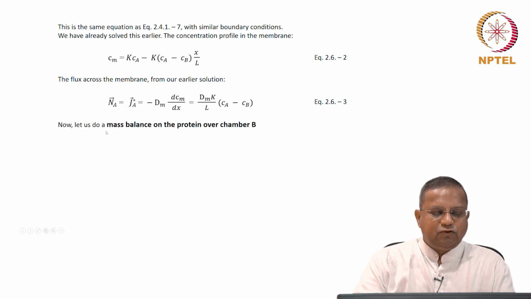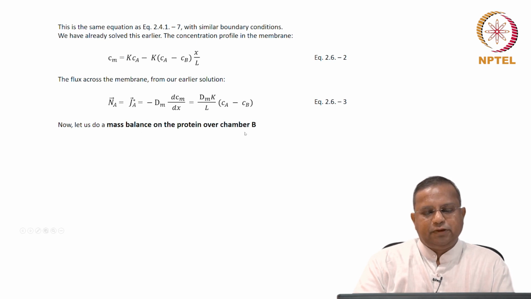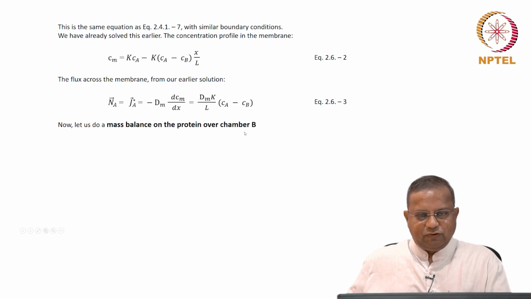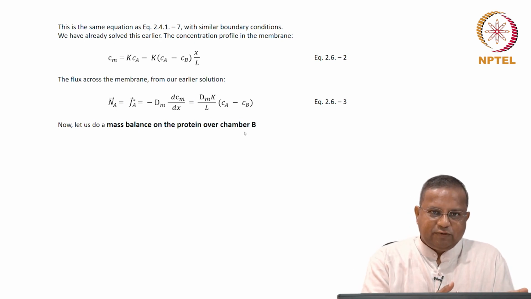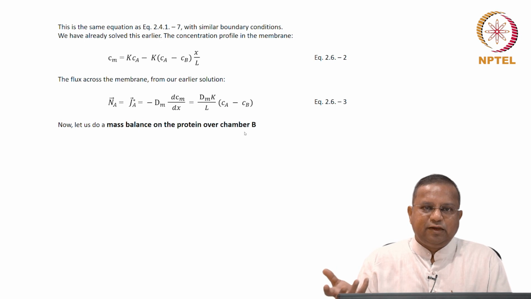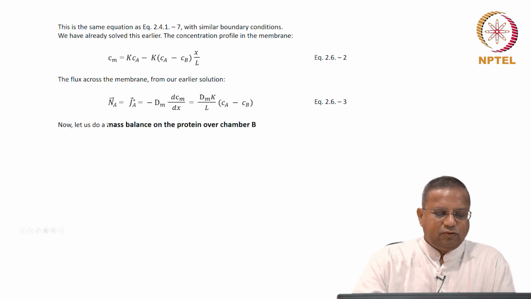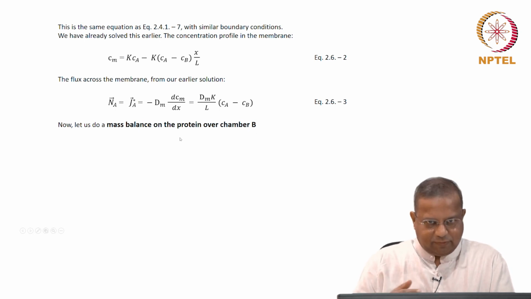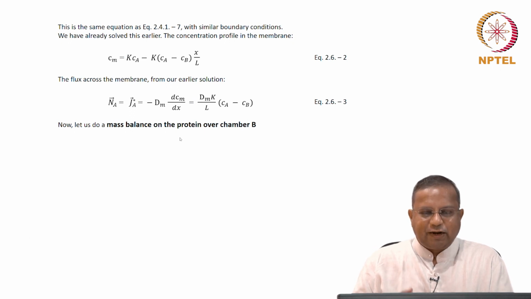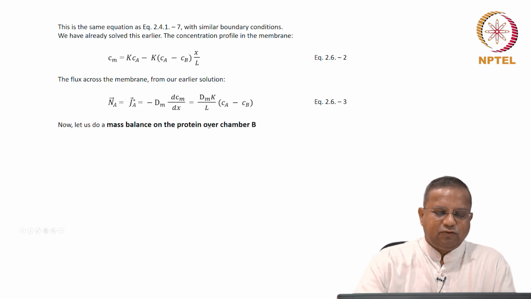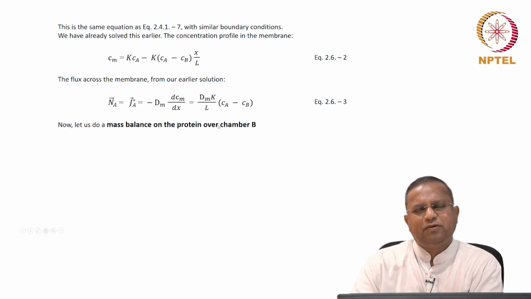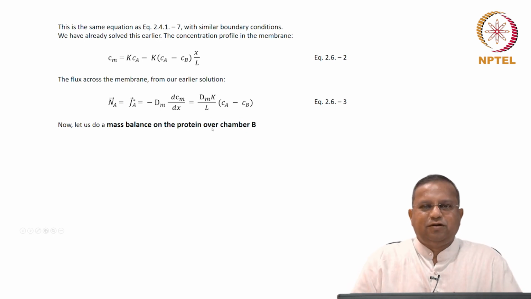Now, let us do a mass balance on the protein over chamber B. This is a solution strategy. We are still in the solution. How do we actually get the permeability of the coating, which does not have enough mechanical properties, using the data that we have, which is the variation of the species in chamber B? So, let us do a mass balance on the protein over chamber B. How do you decide on this? It will come with practice. You do more and more problems, then you see this is going to come out of this, and so on. There is no easy way of knowing this beforehand, but once you get into it, it is quite straightforward. It's not a big deal at all.